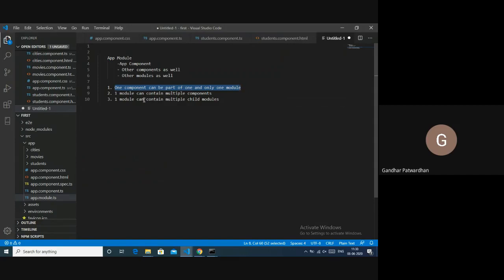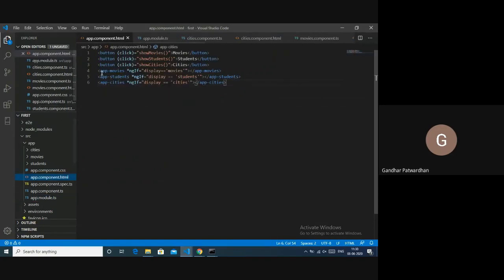Right. Then how did we display those components? We displayed those components using the selector, app movies. Then what did we do? We also learned the click handler. So to make any button work, you need to use this click event.